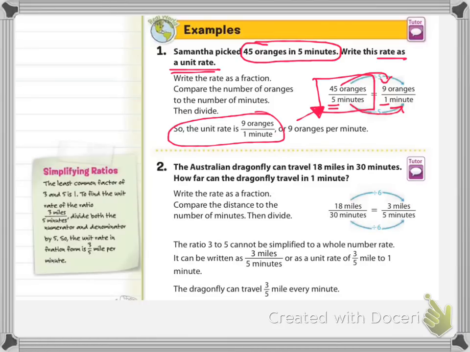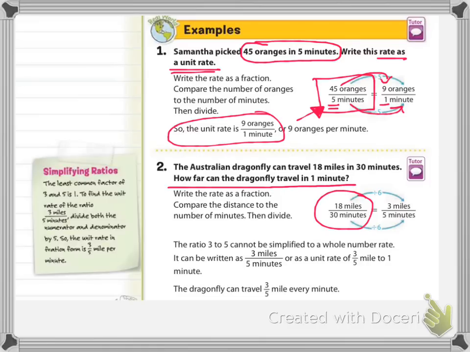If you look at example 2, it says the Australian dragonfly can travel 18 miles in 30 minutes. So the first thing they did is they wrote this rate, 18 miles over 30 minutes. Then it says, how far can the dragonfly travel in 1 minute? So what they did here, now here's what's different on this one. This is really important that you guys pay attention to this one. When they simplified this guy,